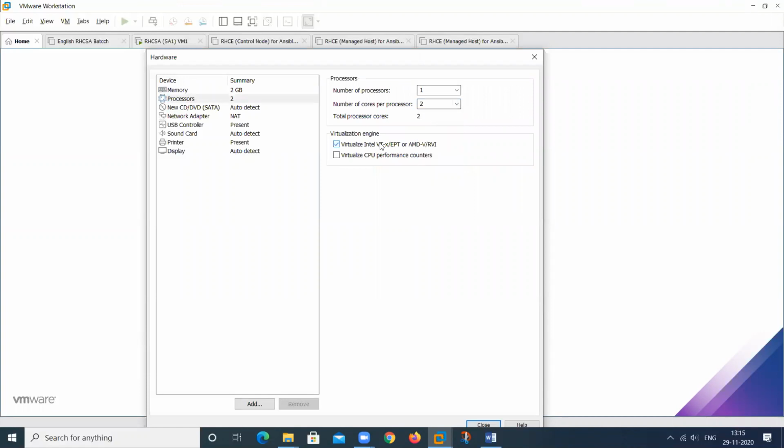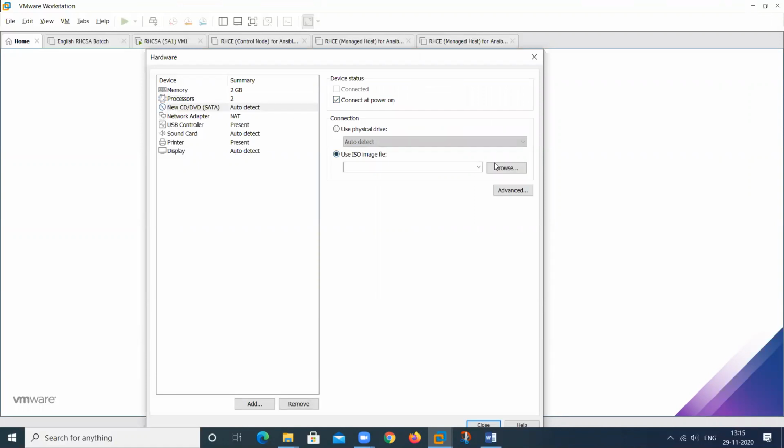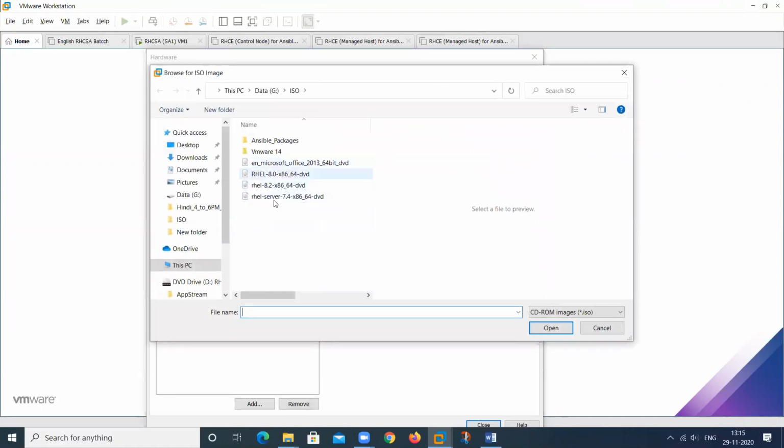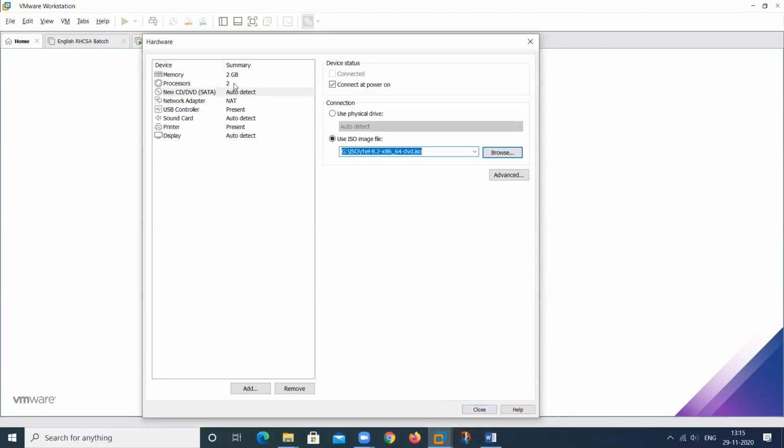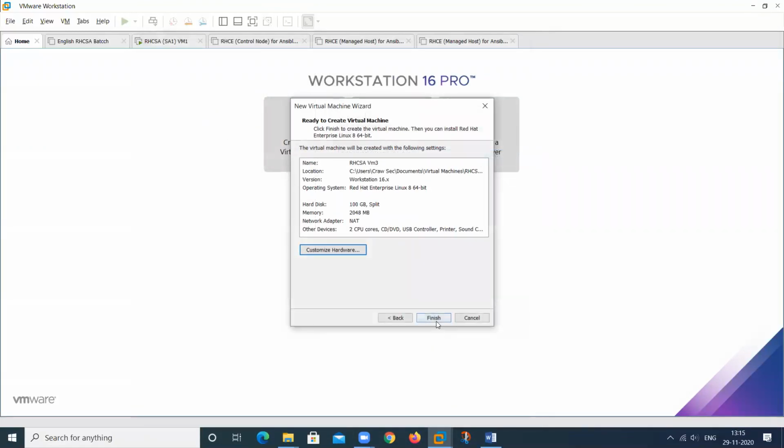Then tick Intel VT in the wizard, and provide your 8.0 or 8.2 image. 8.3 is also available on the internet, but we use 8.2. Then just close the wizard. You don't need to change anything. Then finish.